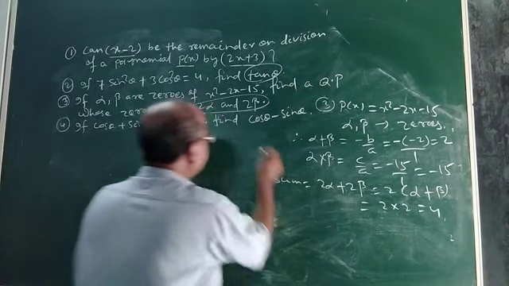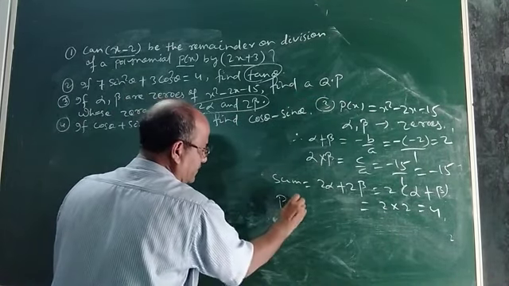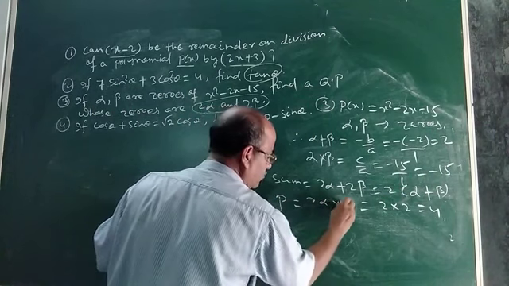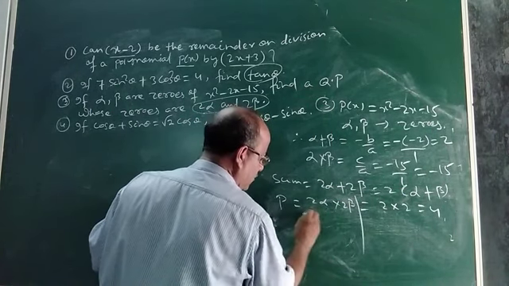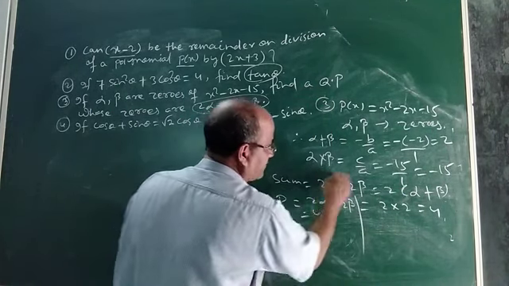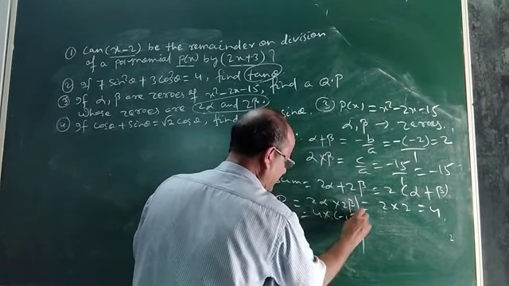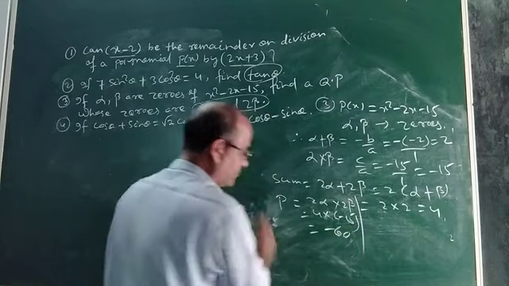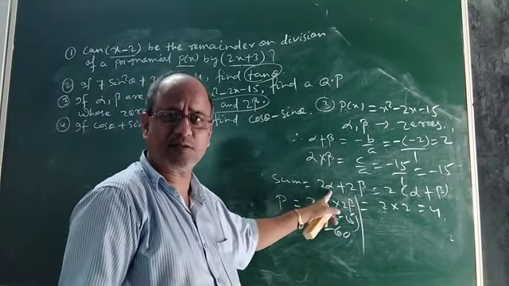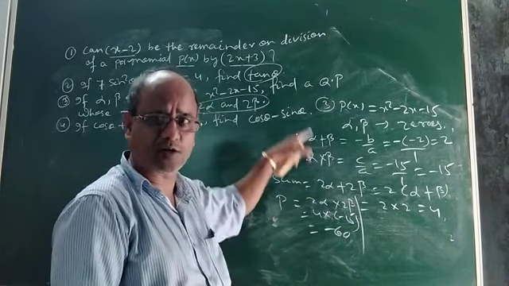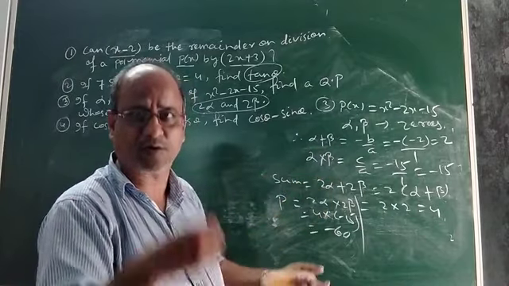Similarly, find out the product of zeros. It is 2 alpha into 2 beta, it is 4 alpha beta. Alpha beta means it is minus 15. 4 into minus 15, it will be minus 60. Now, this is the sum of the zeros and product of zeros of the polynomial to be formed, which we want to form or make.